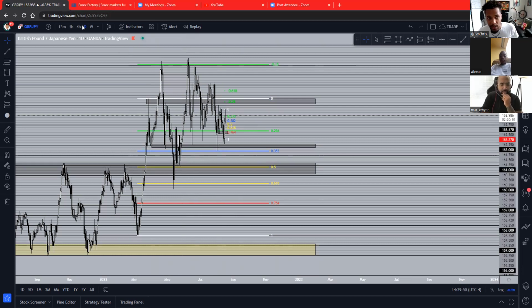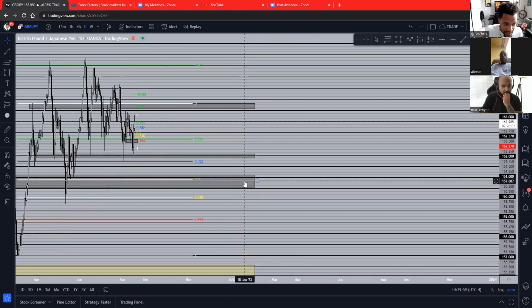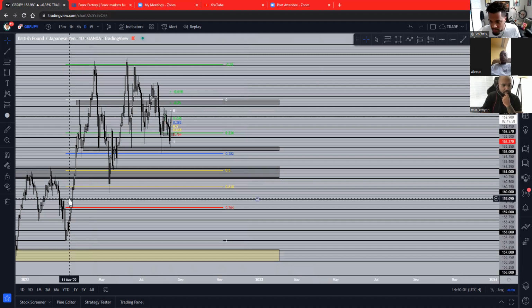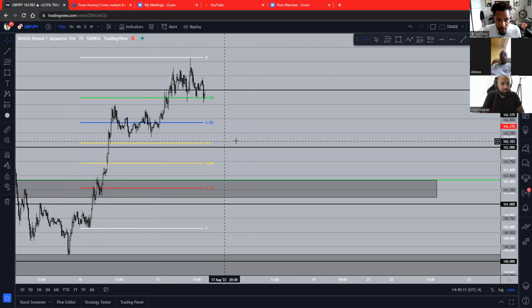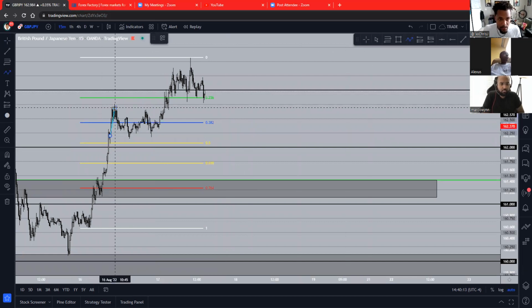Keep in mind, the lower time frame you go, the weaker the candles are, so to speak. For instance, on this daily, this whole fib has been holding since, like, March or May, something like that. But if I went to the 15-minute, you literally have so many little market structures going on, to the point where it can confuse you, which is why Alexis, I was telling you